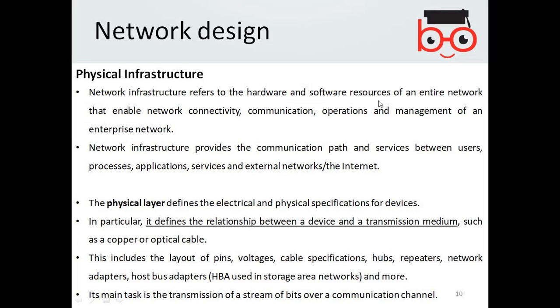So whatever solution you are going to offer to your clients, you are proposing the use of hardware and software resources of an entire network that enables the network connectivity, the communication, the operations and management of an enterprise